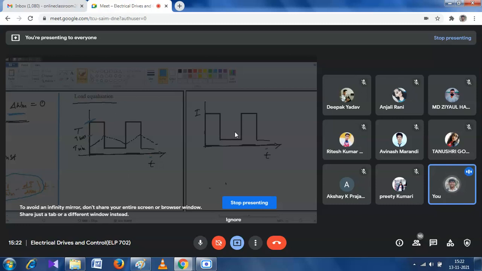This arrangement is called load equalization. मीन्स फ्लाईव्हील को भी तो हम लोग बोल सकते हैं कि वो भी एक अरेंजमेंट है। हाँ हाँ। जिससे लोड का जो इफेक्ट है वो सेम ही रहे, लेकिन सोर्स में जो फ्लक्चुएशन था, उसे हम घटा रहे हैं। We are reducing the fluctuation in source